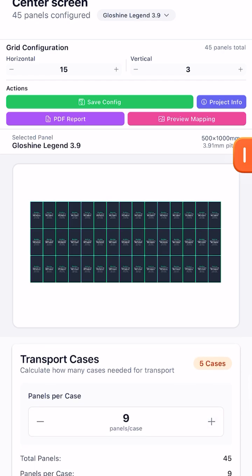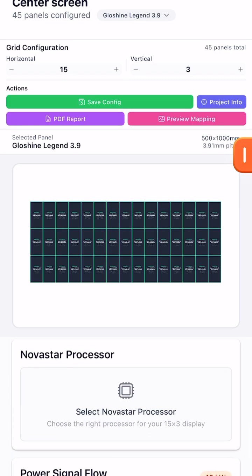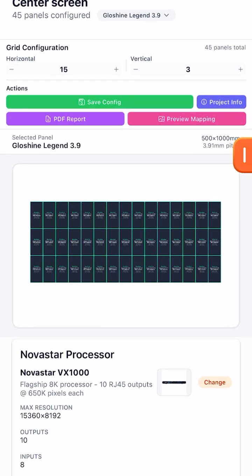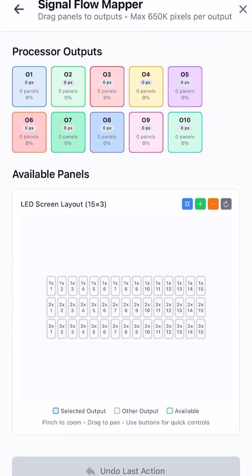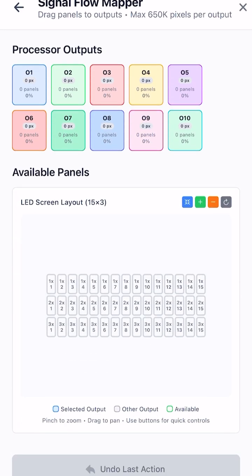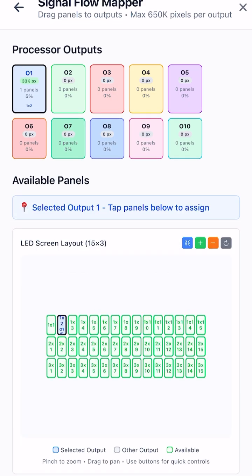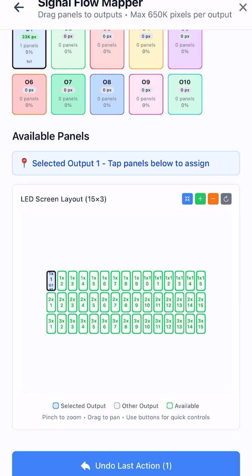Here you have the transportation cases, so you can select how many panels you can fit in one case, and it will give you the amount of cases that you need. Here you select the video processor, only working with Novastar so far. Then you select the signal flow mapper. You can select the output from the processor and start mapping your video wall, kind of like you do in Nova LCT,